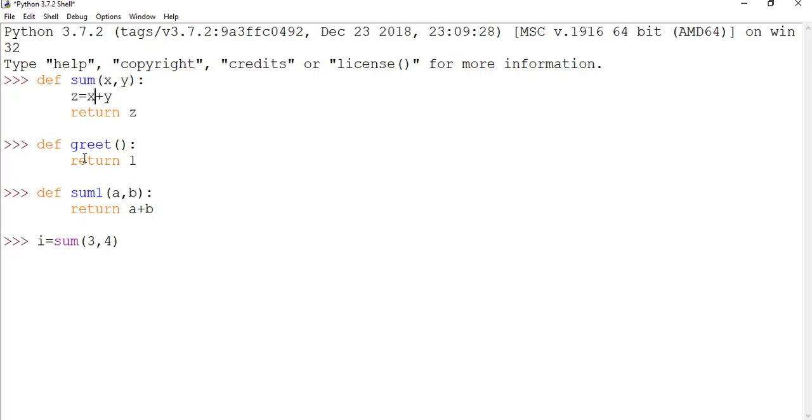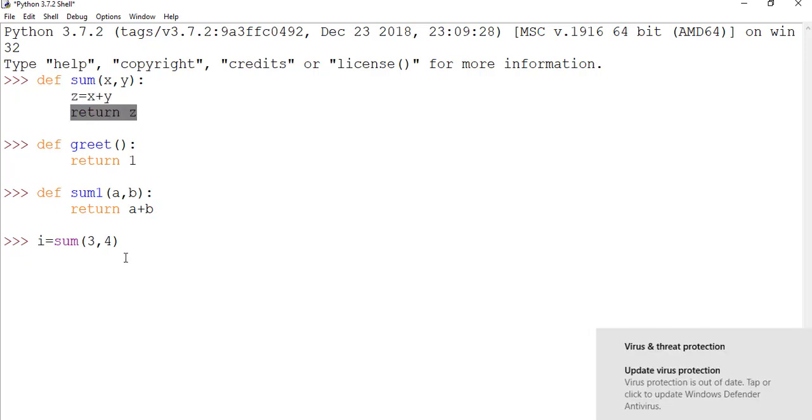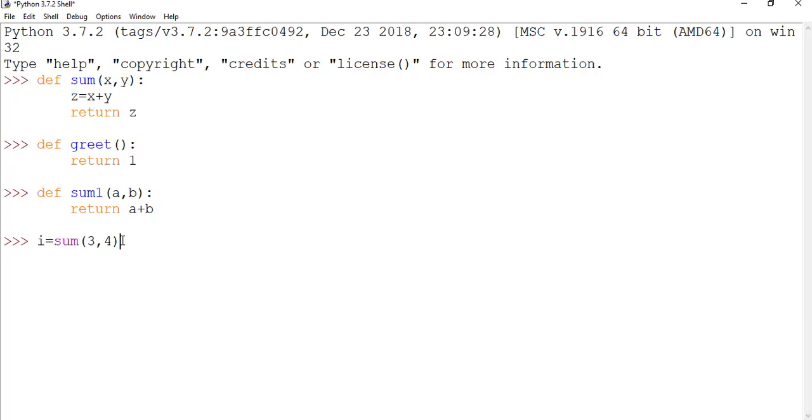What is the value of x? 3. What is the value of y? 4. So this value will get computed and returned. Whenever we are returning something from a function, the function call statement will get replaced by the value returned by this function.